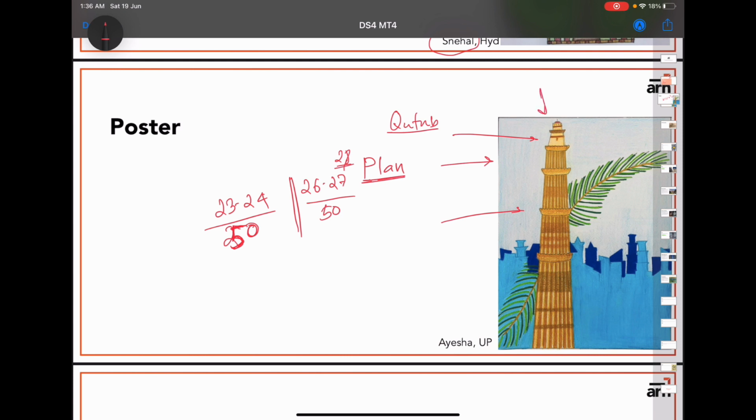She has done a fairly good job. This could have been used as a very good poster for Delhi tourism or Indian tourism. It's a fairly good drawing, but because the question is misunderstood or misinterpreted, she lost a few marks there. So this was today's composition by Aisha. Please keep in mind that whenever a question is given, you have to understand what the question says and you have to deliver accordingly. So this was another 2D composition.